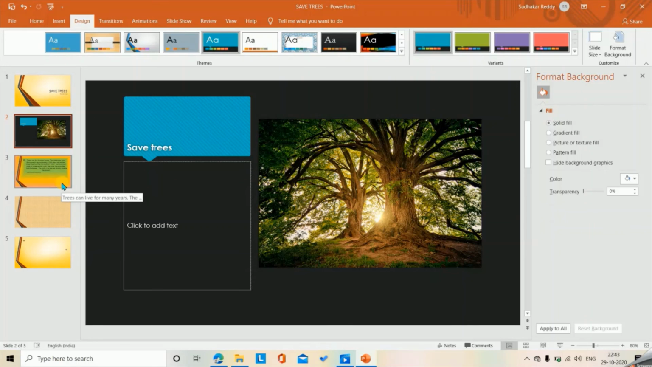So I hope this is clear. Under the design tab, format background, I can change the background appearance of a slide with the same theme. But when in the design, if I change the theme, the entire theme will change for that particular slide. I can change either a theme or even I can change the background color. So I hope this is clear, and in the next video we are going to learn a few more options in